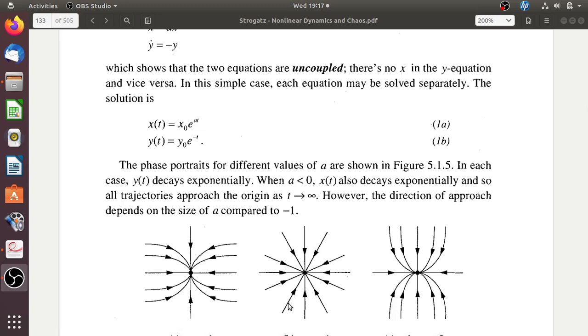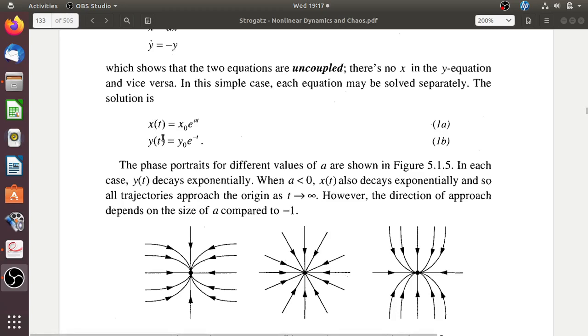What does that mean? It means for that particular x naught and y naught, the decaying rate or growth rate is the same, which means for that particular x naught and y naught, the coefficient of t for x naught and the coefficient of t for y naught, both things are going to be the same. So that's what it means.